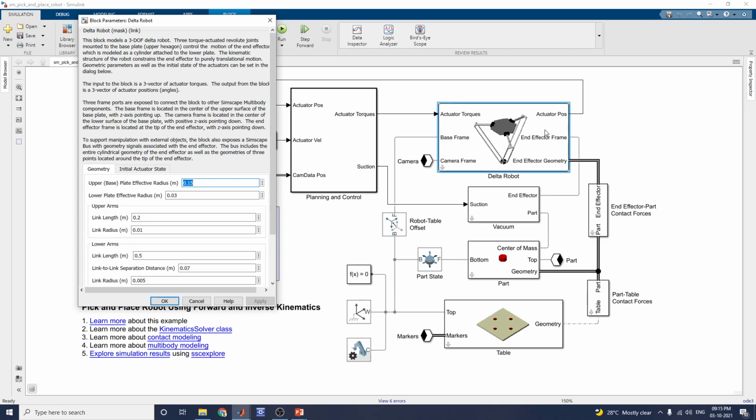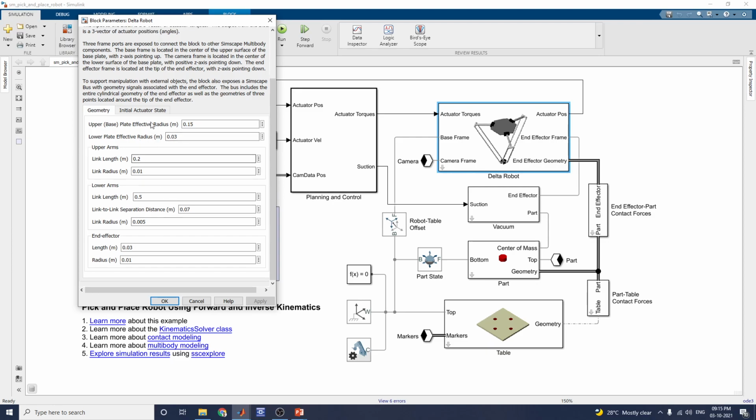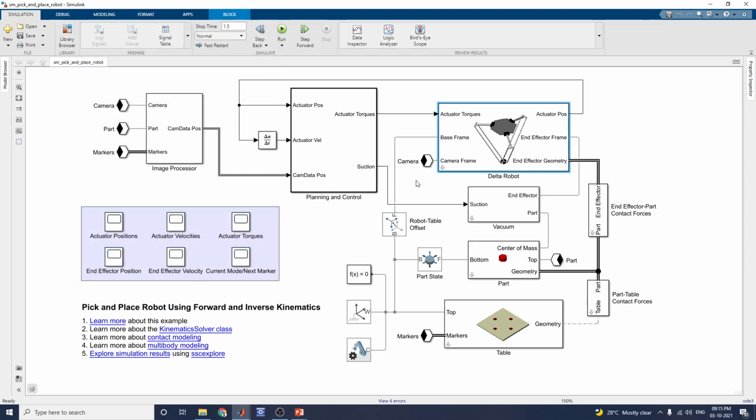This kinematic structure constrains the end effector to purely translational motion. The geometrical parameters as well as the initial conditions of the actuators can be set in this dialog, such as the upper base effective radius and lower plate radius. Based on your requirement, you can give the geometry, and position, degree and velocity also.